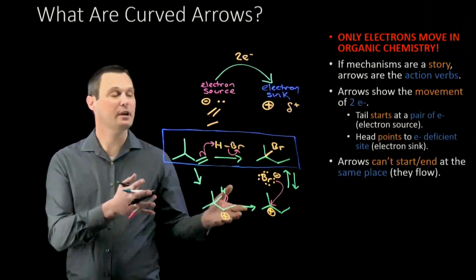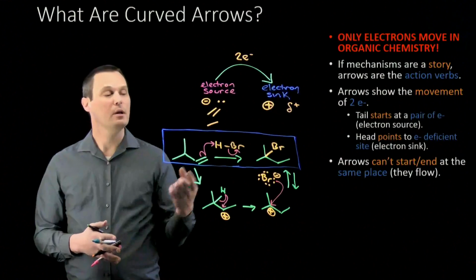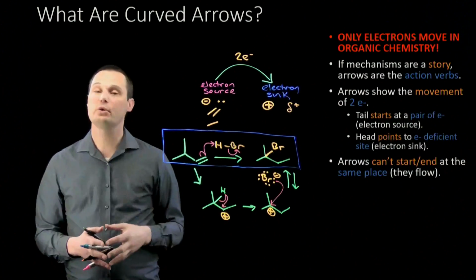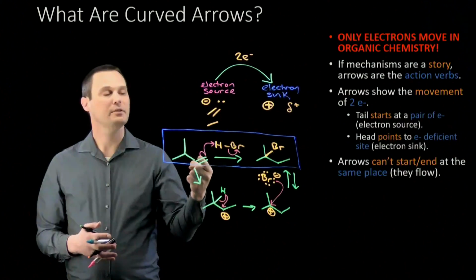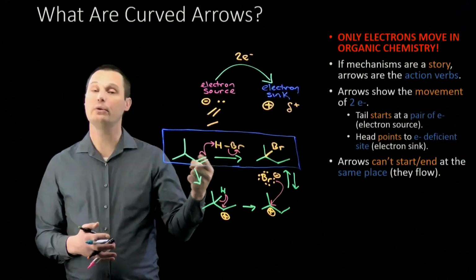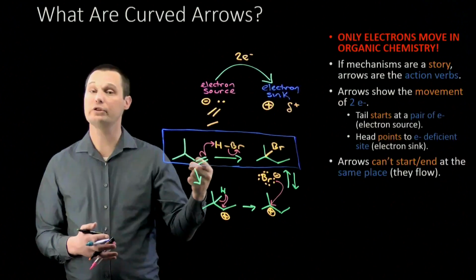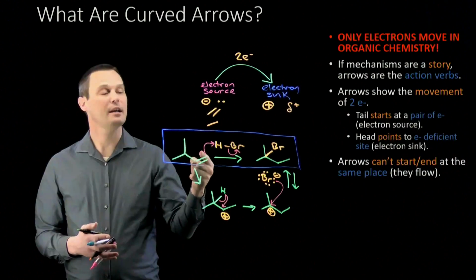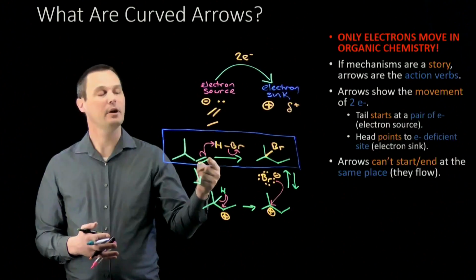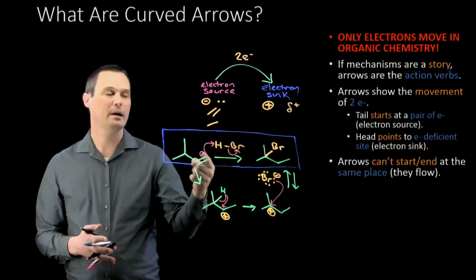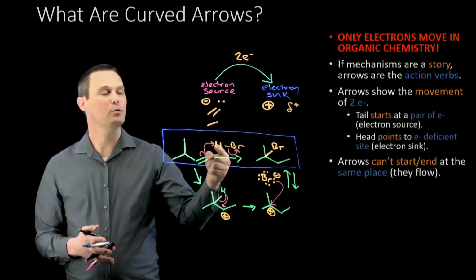If I were to use these arrows to narrate the story of this mechanism, what I would say is that this first arrow starts at this pi bond. This arrow tells a story of bonds being broken and formed. This arrow says that we're taking the electrons in this pi bond that used to be shared between these 2 carbon atoms, and we're breaking this pi bond. The 2 electrons are no longer shared between these 2 carbon atoms. Instead, I'm going to use the electrons on this carbon on the end, and this carbon on the end is going to get to use those electrons to form a new bond with hydrogen. This arrow tells a story of the pi bond being broken and a new bond being formed between this carbon